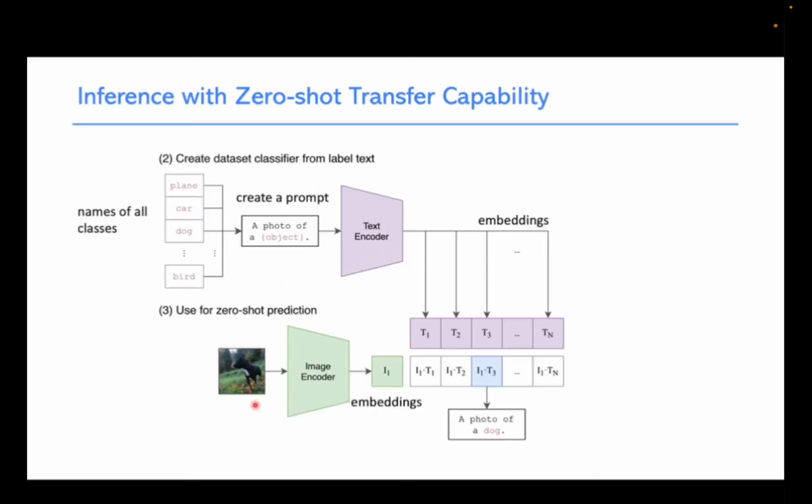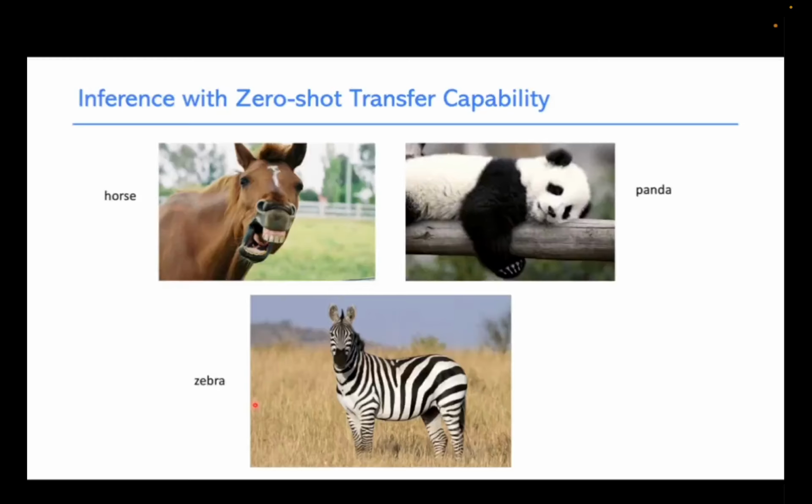And the great thing about it is it has the zero-shot transfer capability. What is the zero-shot transfer capability? When you are young, for example, if you know what a horse looks like and what a panda looks like, and if I tell you that a zebra has the shape of a horse and the color of a panda, will you be able to find the zebra in the zoo? I think so, right? Because you can combine the knowledge that you already know and transfer it into new knowledge.